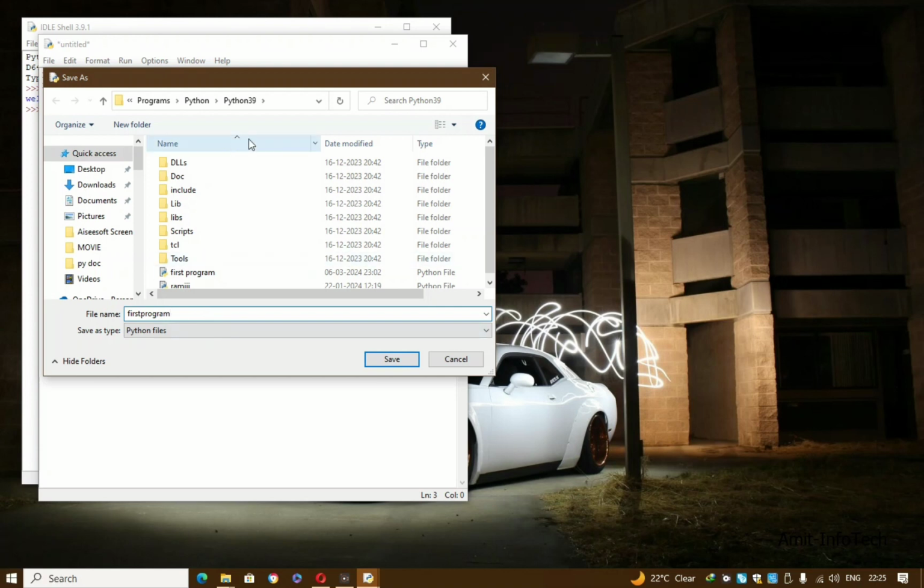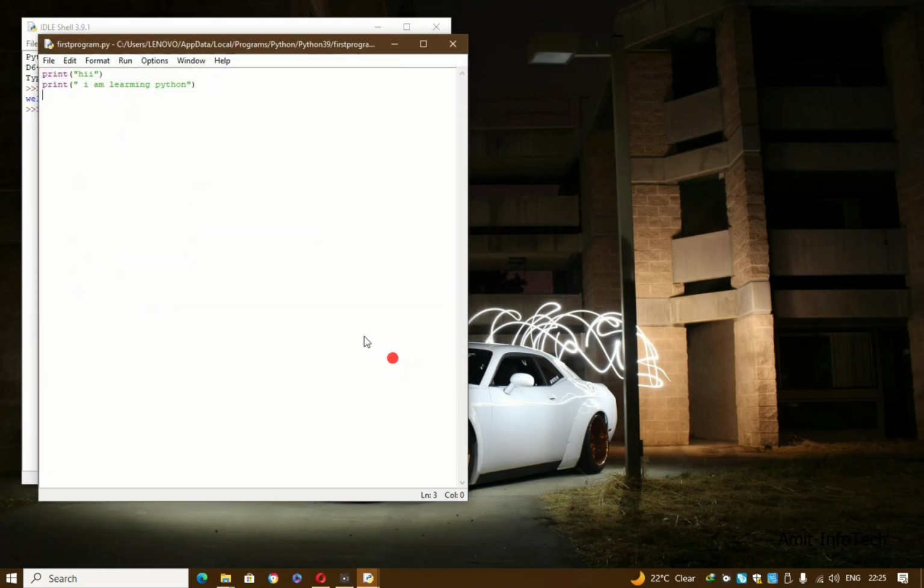You can choose different locations wherever you want to save, for example the desktop or any folder that you have created. By default a folder is there, so we can save the program in that folder. We click on the Save button, so our Python program is saved.